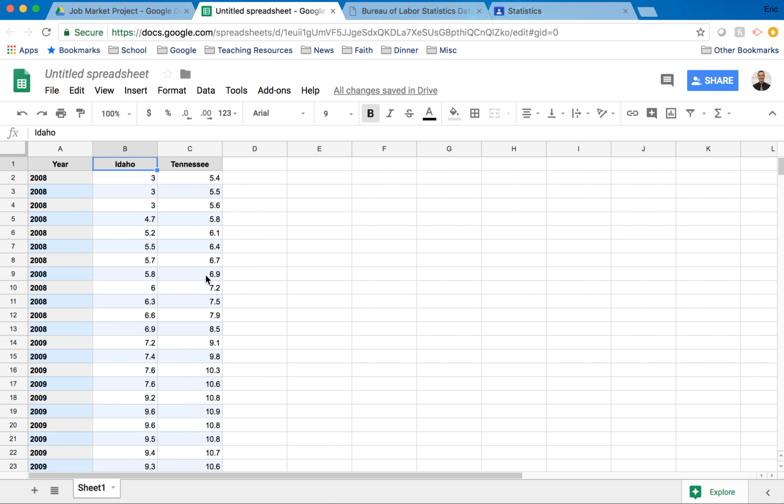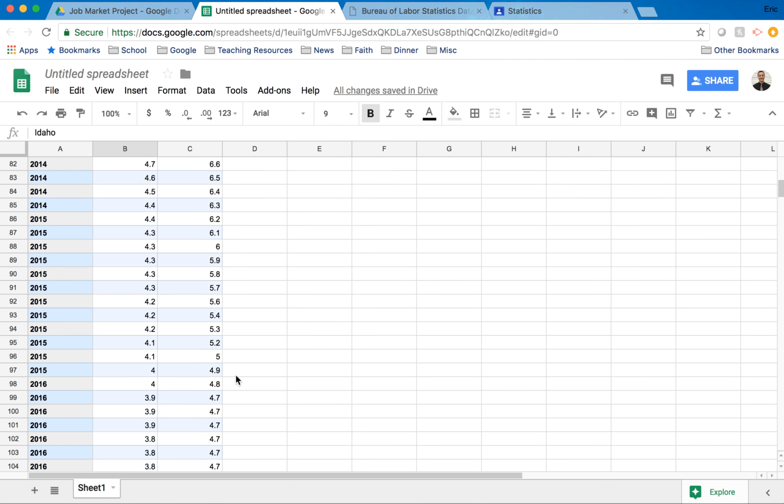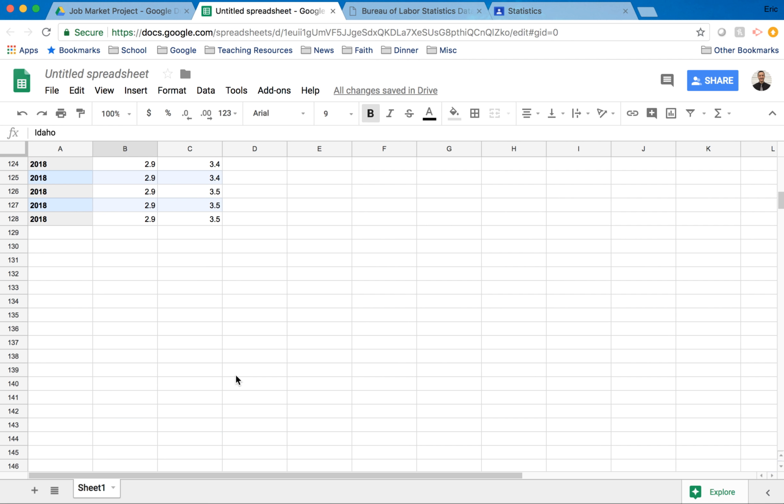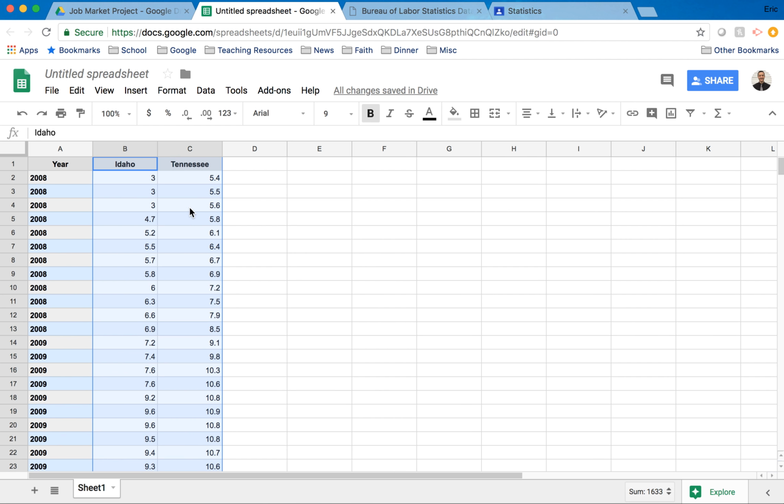Just simply, all we have to do is highlight the data that we want graphed. So I want Idaho and Tennessee, so I'm scrolling down to the bottom here. Shift and click, and now notice I've got all of these two columns highlighted, and I want to click on this insert chart. It looks kind of like a bar graph here,